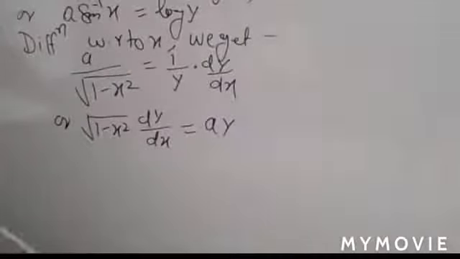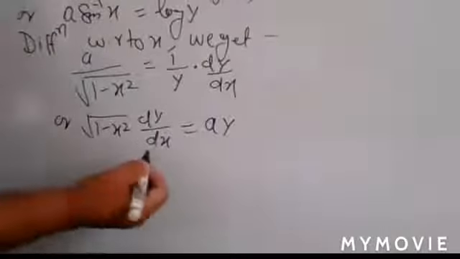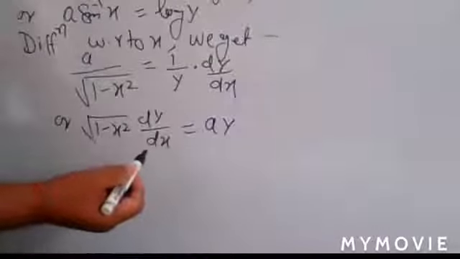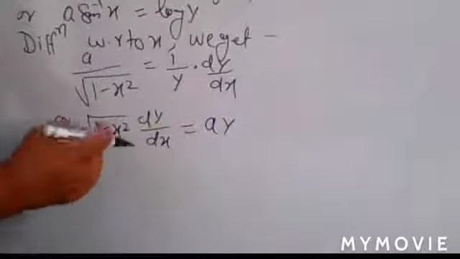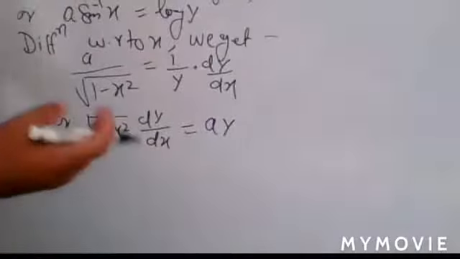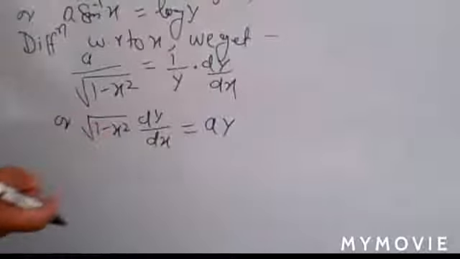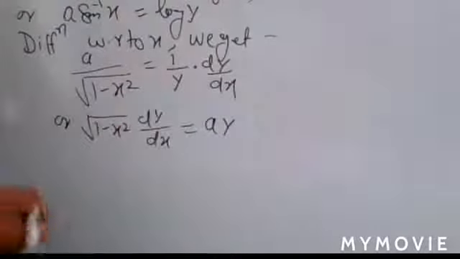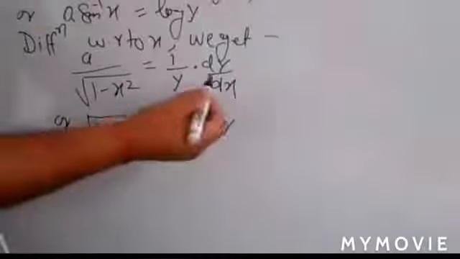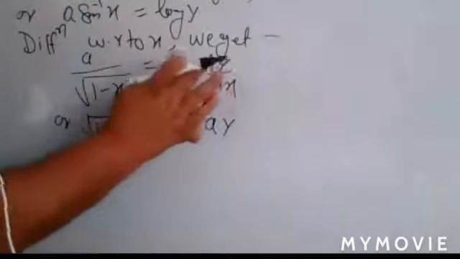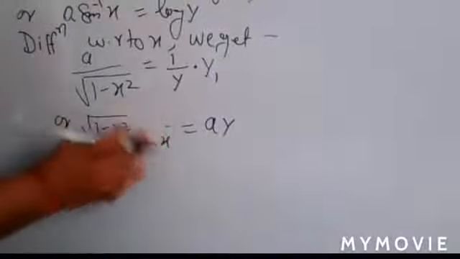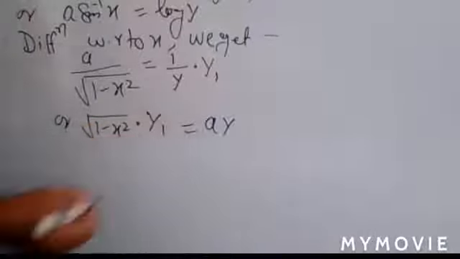Now differentiating again. In place of dy by dx, you can also write y1. First you write dy by dx, d2y by dx2, and in the final answer you write y1, y2, whatever is given in your question, or follow from your first step. It's your choice, don't get confused. So I write here y1, which means the first derivative.